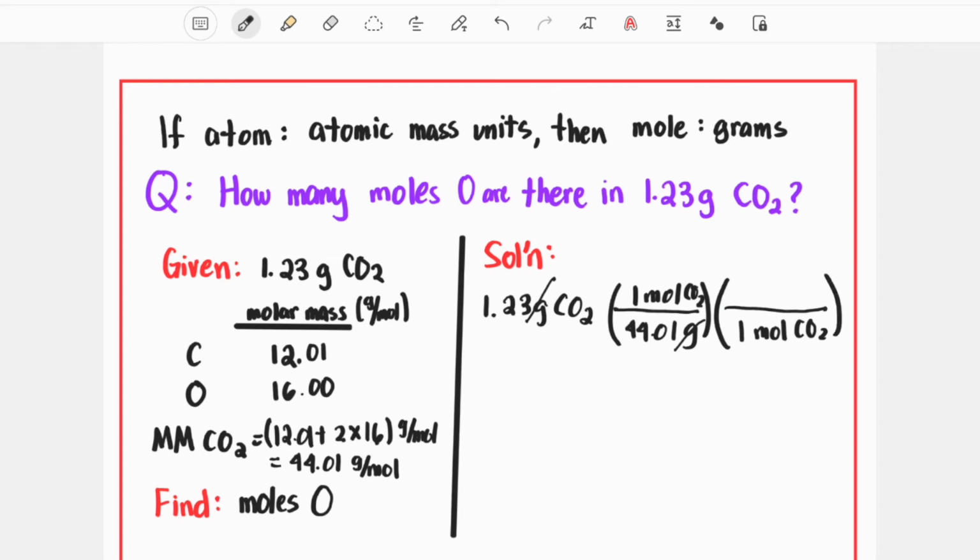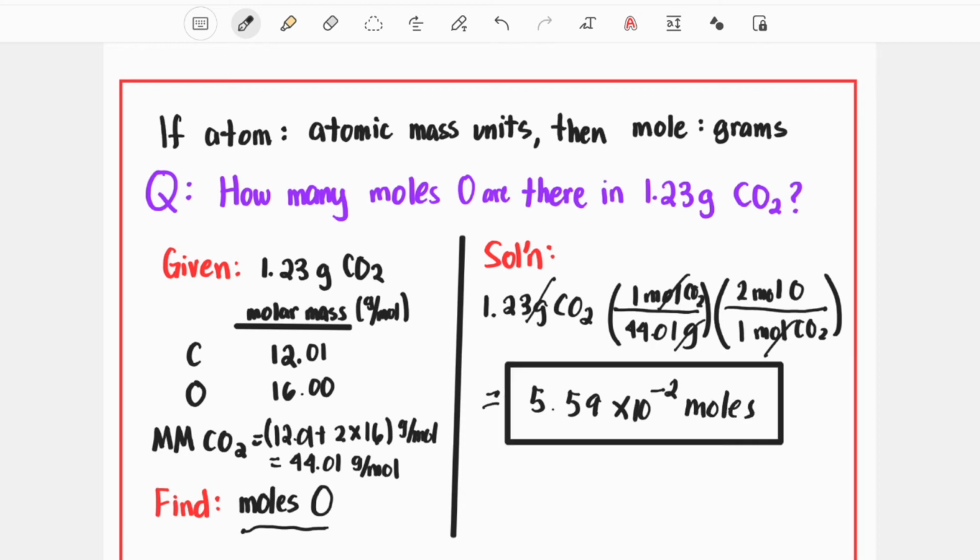We know that in 1 mole of carbon dioxide, there should be 2 moles of oxygen atoms. Again, because it's CO2. If you look at the final unit, it's now moles of oxygen, which is what we were looking for. So plugging this in a calculator, 5.59 times 10 to the negative 2 moles. In this case, I reduced it to 3 significant digits to be consistent with the given, which is 1.23 grams of carbon dioxide. We should now be ready to talk about